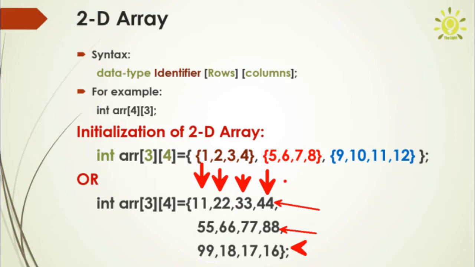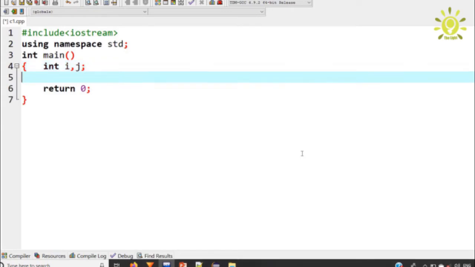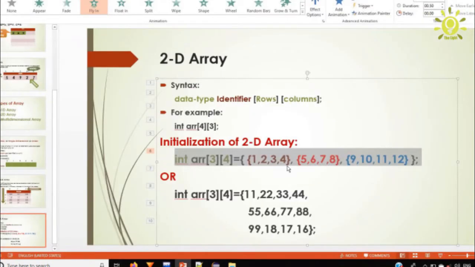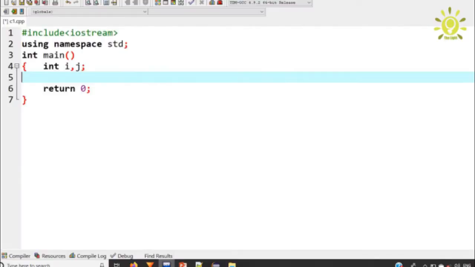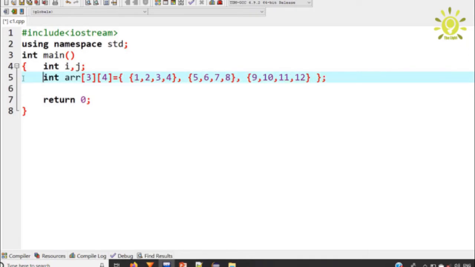Let's take an example. First open C++. Come into the main function and declare int i and j, and then I am going to declare the array. I will copy this and paste it in my Dev program. Here I will use a nested loop to display this table on the screen.